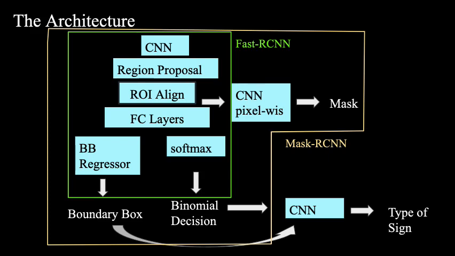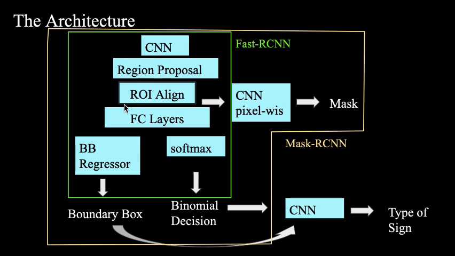Mask-RCNN is an evolution of Fast R-CNN, with the added pixel-wise classification to the right-hand side of the diagram. The Mask-RCNN first uses a CNN to develop a global feature matrix, and inputs this into a region proposal network, which outputs region proposals that may contain signs. These bounding boxes and the original global feature matrix are then passed through a region of interest alignment layer to account for misalignments between outputs, before being passed into a fast convolutional layer.